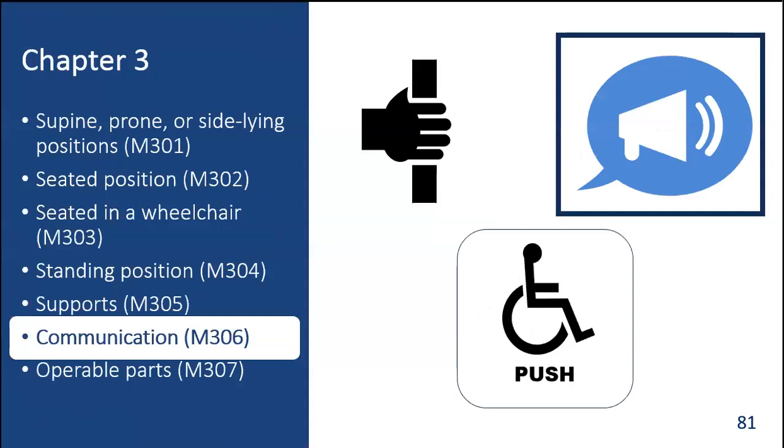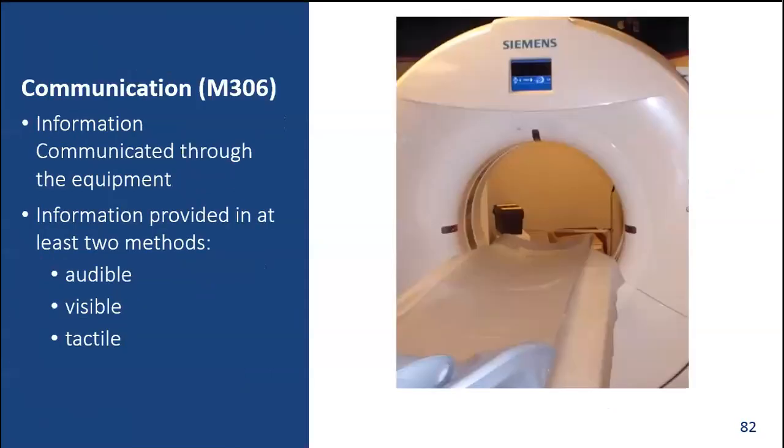Now we're going to move on to the section of the standard on communication, which you can find in section M306. We have an important requirement for communication access. Again, this is communication for the patient, not employees or health providers, but where information is communicated through the equipment. You must provide the communication in at least 2 methods of the 3 that we offer, which is